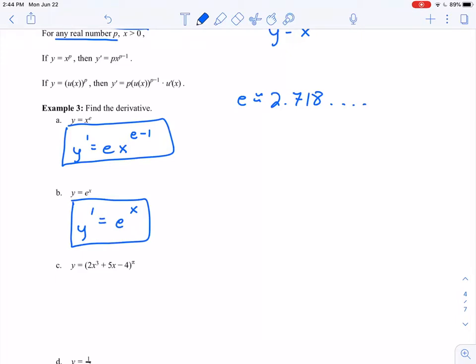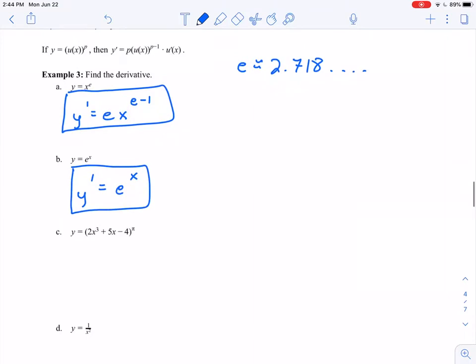It's a really easy one to mix up if you're not paying attention. I have y equals 2x cubed plus 5x minus 4, raised to the pi power here. And I'm going to do this two ways. First way I'm going to do this is